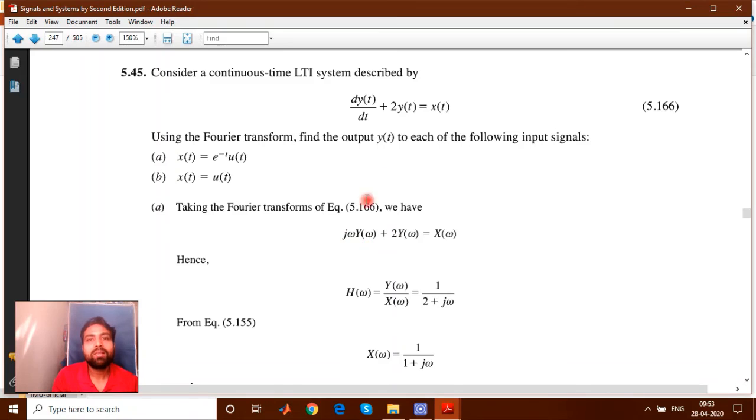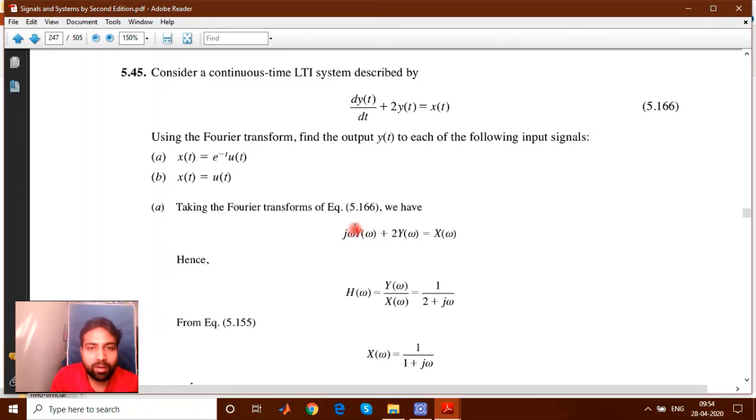So we will know that, suppose that we are simplifying this, if we have y(t) as Y(omega), then dy(t)/dt equals j omega Y(omega) equals X(omega). This is the very simple terminology. So what you did, you have just converted this whole equation into the omega domain. It means the j omega domain, that means the Fourier domain. Fourier domain means frequency domain. So the equation is now converted into the frequency domain.